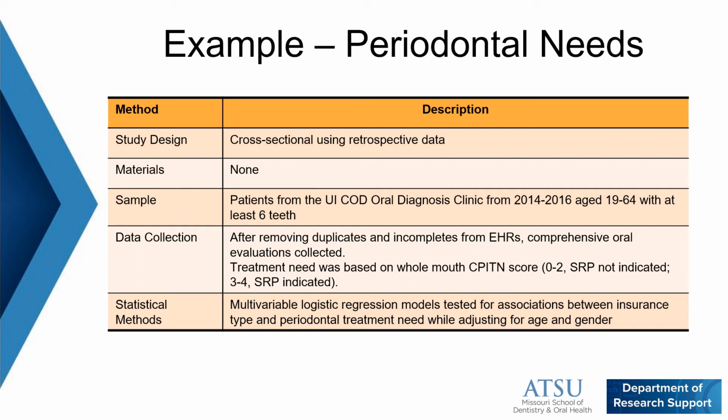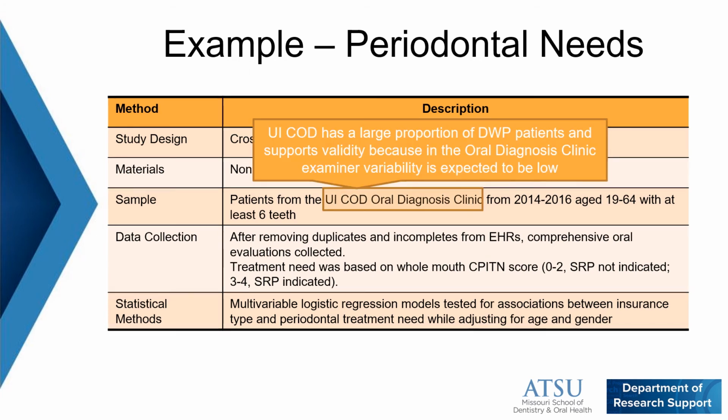For the sample, all new patients at the University of Iowa College of Dentistry Oral Diagnosis Clinic who received a comprehensive oral evaluation from 2014 to 2016, aged 19 to 64, with at least 6 teeth were included. The final sample size was just over 1,200, which was all that were available, so no statistical justification was given. The University of Iowa College of Dentistry patient population was selected since a large proportion of DWP patients receive care